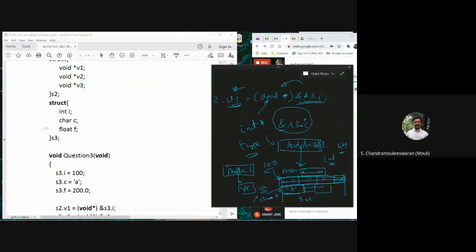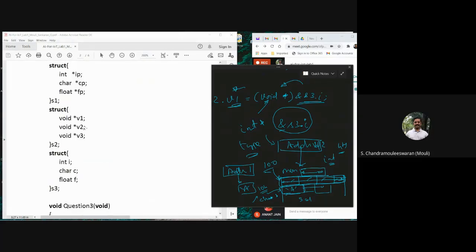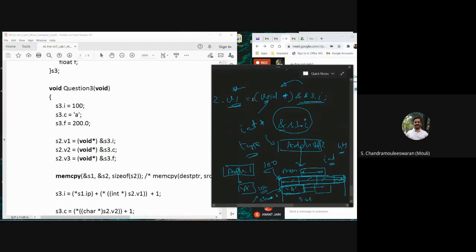If you see, V1 of this structure is a void star. So when I am assigning into V1, I should make sure that the compiler is happy and I also know what I am doing. But the value I pass has no change, because it is the same pointer. Whether the pointer is an integer type or character type or whatever, the 100 doesn't change at all.